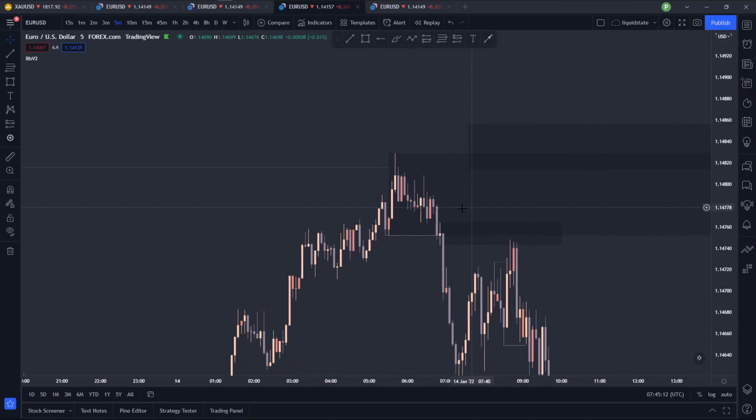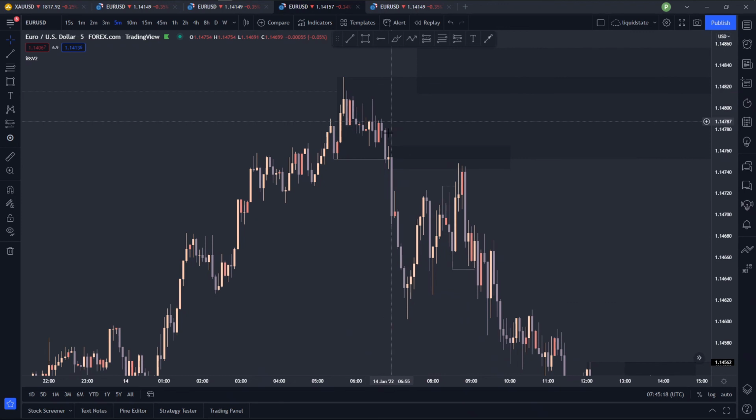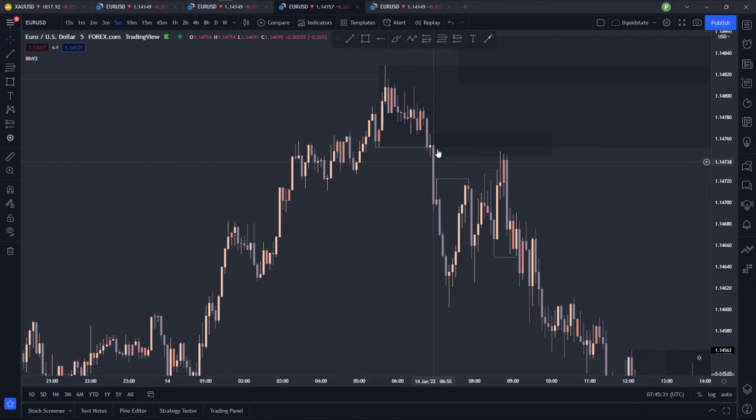And besides, where's the inducement to this guy? What did he do? Where's the inducement? I can't call this inducement because this one had an inducement right here. I think this is called reclaimed order blocks. So I don't trade all these intricate ICT methods. I try to keep things simple. So yeah,